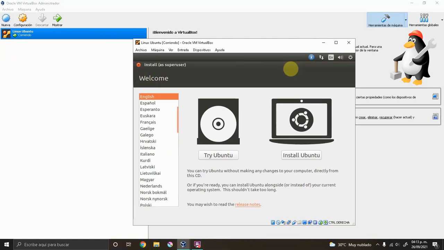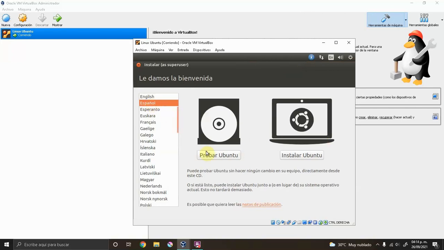One interface is like this, and here we can choose the language of our system. In this case I'm going to choose Spanish, and this option is try Ubuntu and install Ubuntu. This option is to try Ubuntu without needing to install it, and this option is to install Ubuntu. I will choose this option, install Ubuntu,